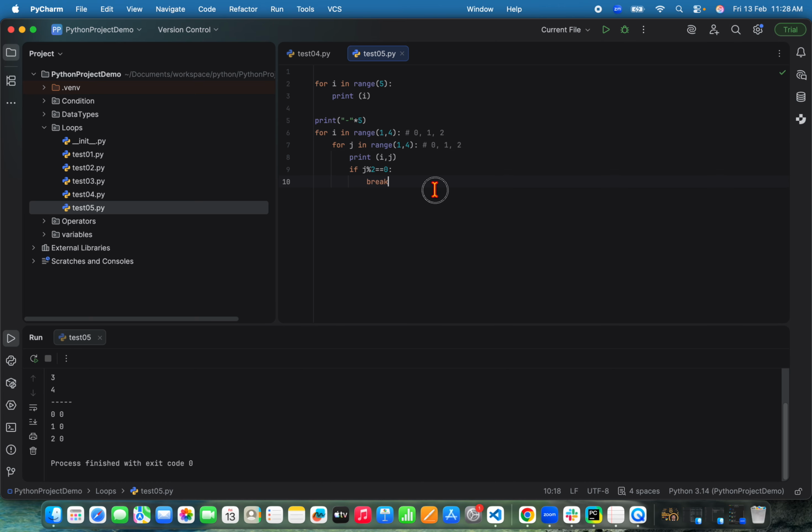Let me increase it now, and I'll run it. Okay, so now it prints 1 1, 1 2, and then it stops. Then it again starts with 2 1, 2 2, it stops. 3 1, 3 2, it stops. The moment it reaches